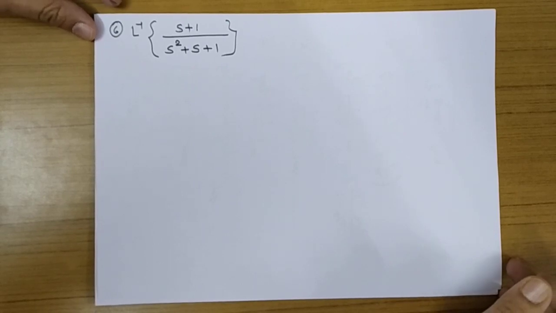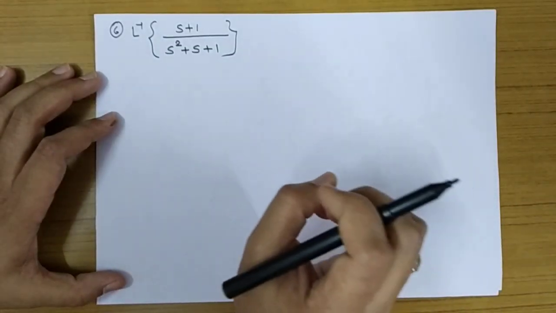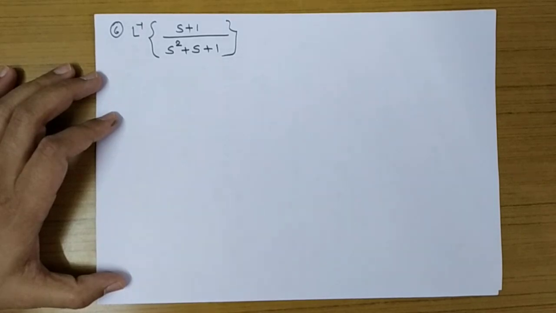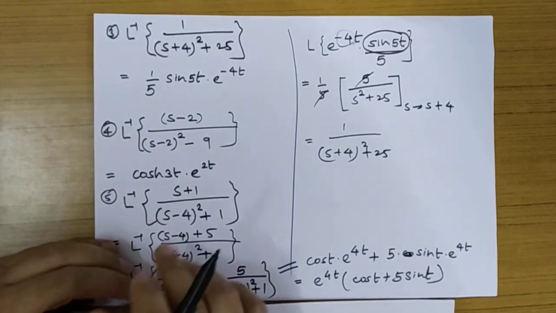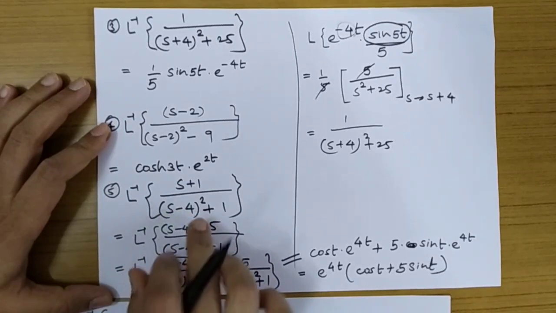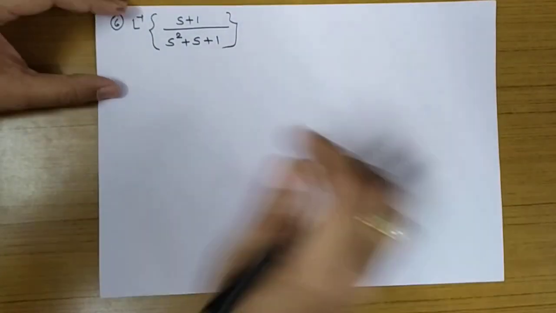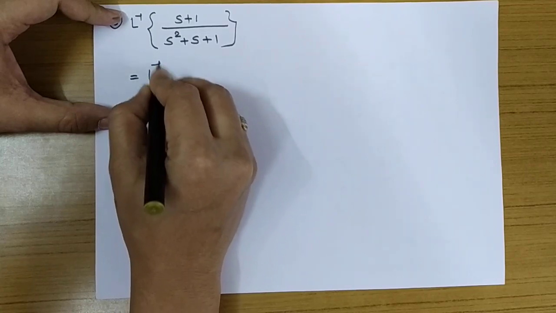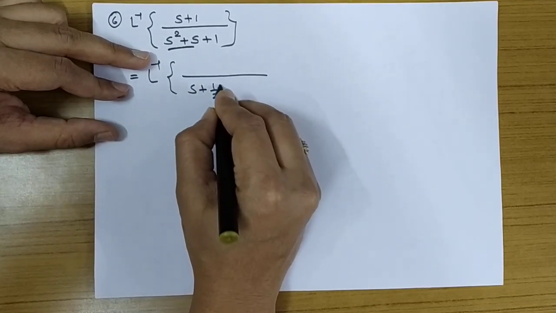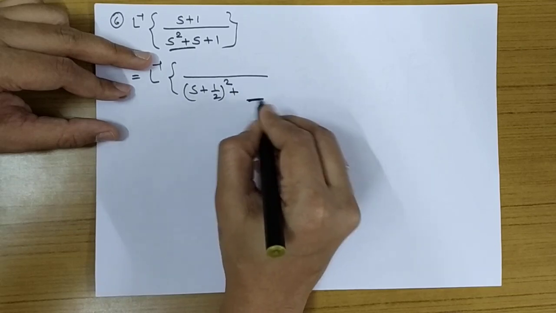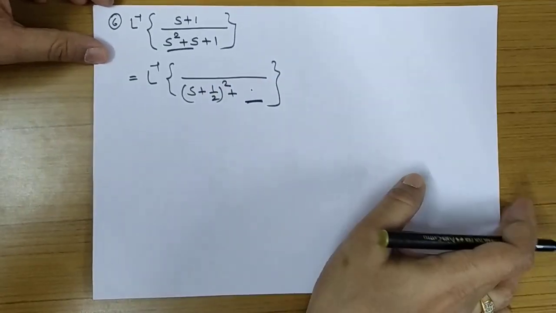Now a little bit difficult question. In L inverse of (s plus 1) by (s square plus s plus 1), how to find out this term? So first we will think about the previous formula. What was the previous concept? We used to convert into this term, right? So in the denominator we want this type of factor. So convert this denominator into our convenient term. So how to write down these two terms? (s plus 1 by 2) whole square. Okay, and here